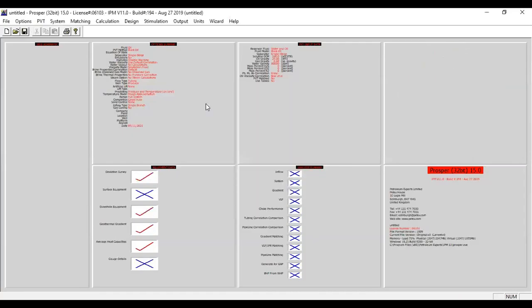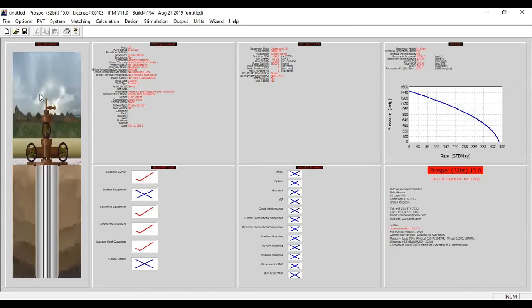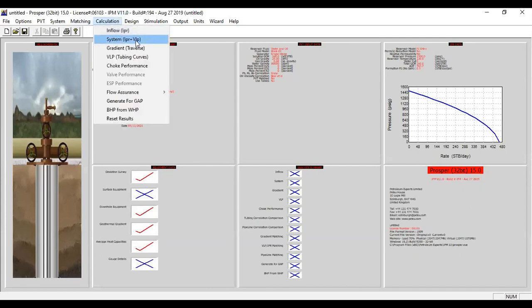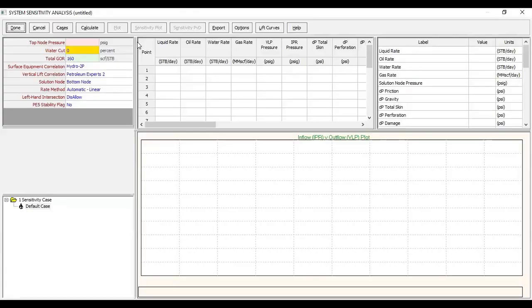We wait for the system to be ready. This is the schematic, the picture of our well. Now we are ready to perform the nodal analysis. We go to the calculation section, system. Now you can read IPR and VLP, right? To obtain the IPR and VLP, I just need to provide the wellhead pressure, because later the wellhead pressure will be used to calculate the flowing bottom hole pressure.